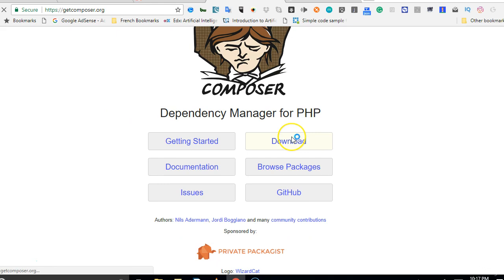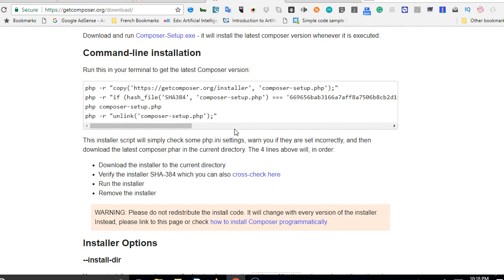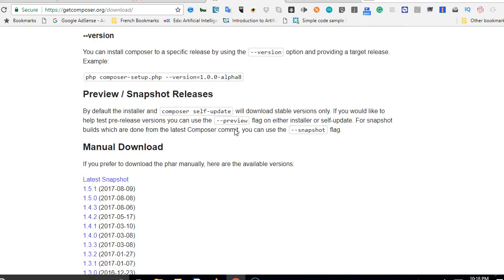So you click on download. If you're using Windows, it's quite simple to set up. Just download the setup, run it on your system, and then your Composer is set up. Alright, if you're not using Windows, just read up how to install it in other types of systems. If you scroll down,